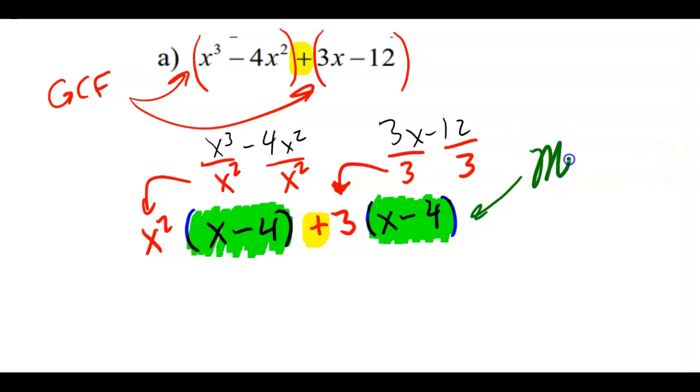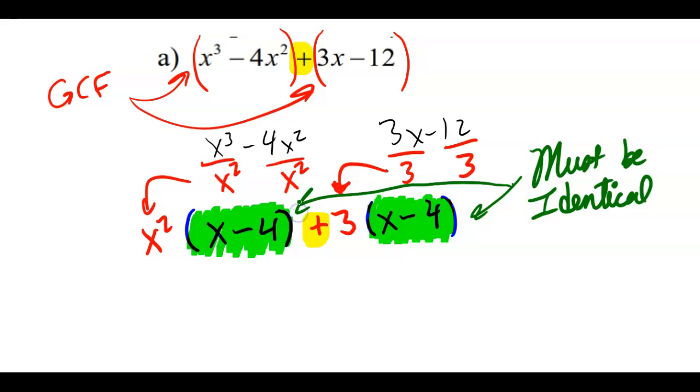Must be identical. If they are not, okay, if that is not an identical set, then essentially your problem is not factorable by grouping, or you made a math error somewhere. Because the next step is to basically say, okay, these are the same,